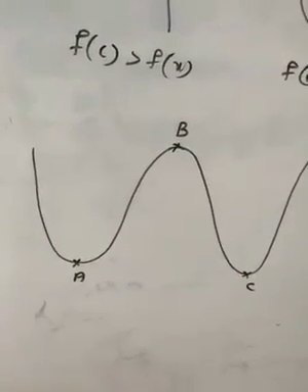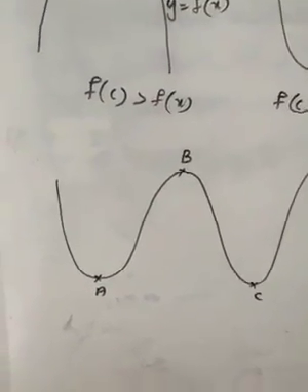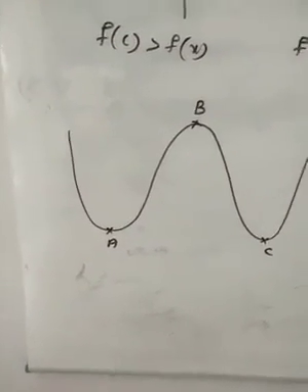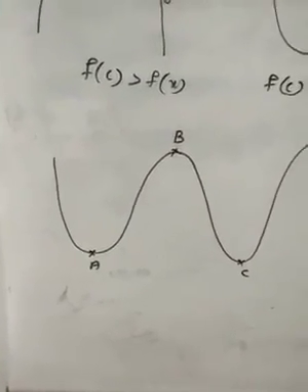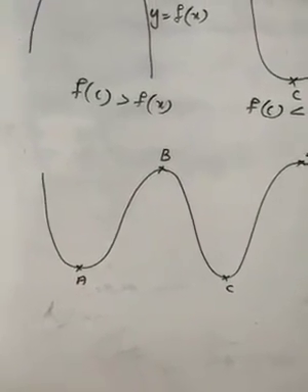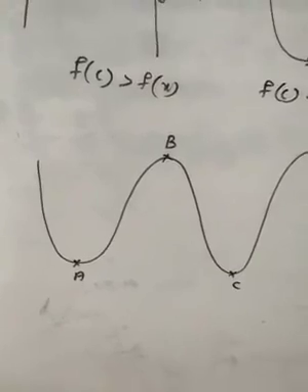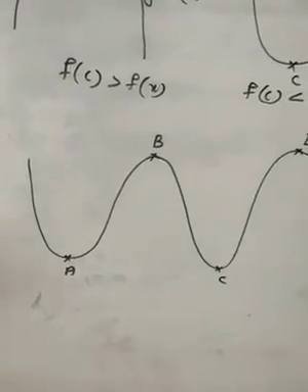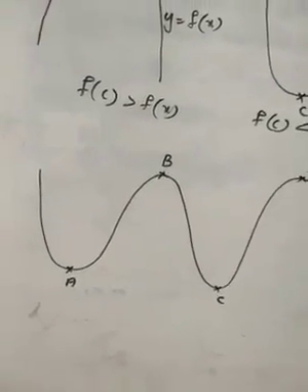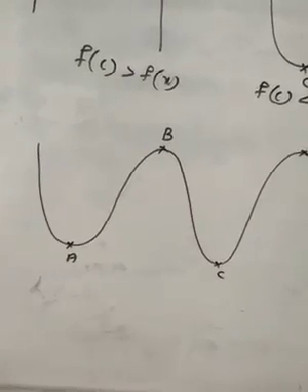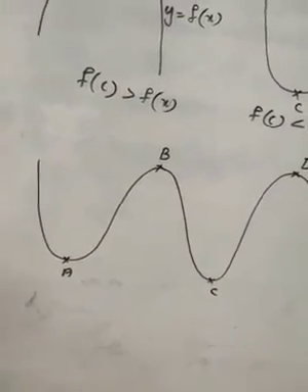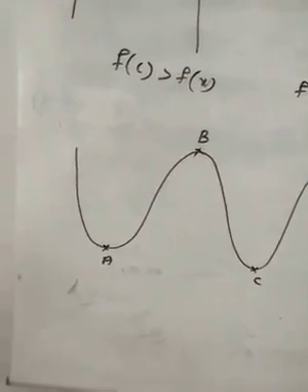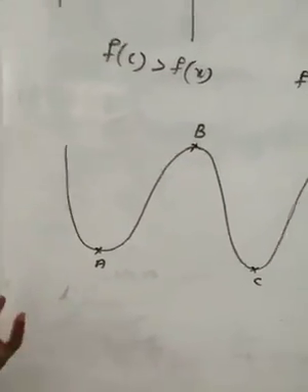The function has a minimum value in some neighborhood of each of the points A and C, which are at the bottom of their respective valleys. Similarly, the function has a maximum value in some neighborhood of points B and D, which are at the top of their respective hills. For these points A, B, C, D, the maxima and minima are of a function defined in an open interval. That's why they are called local maxima and local minima. Instead of a single point, we can have more than one point of maxima and minima.